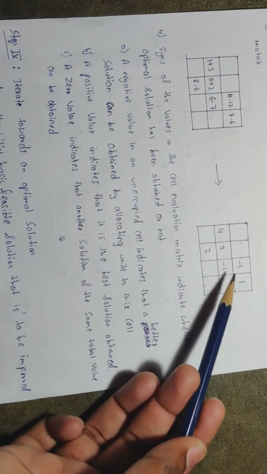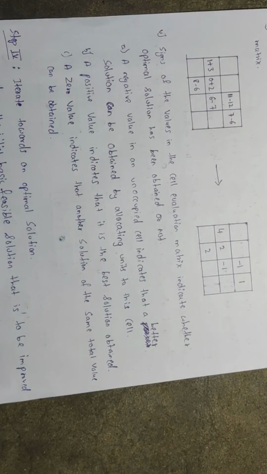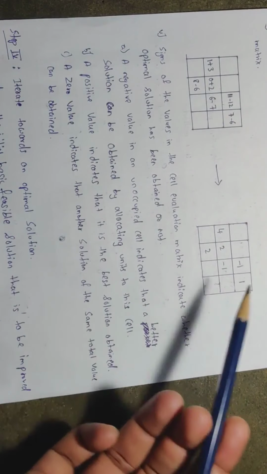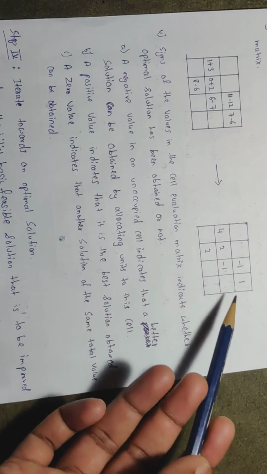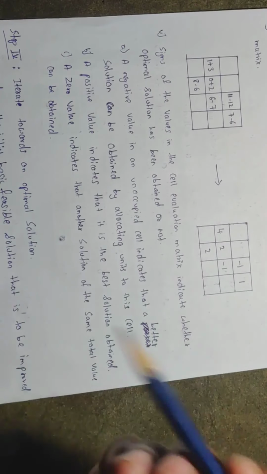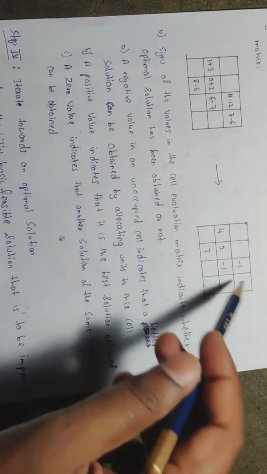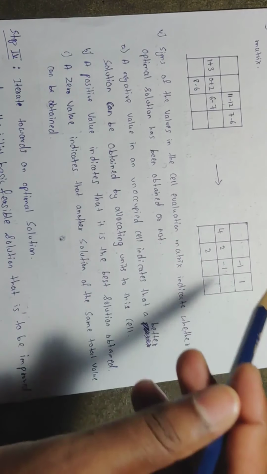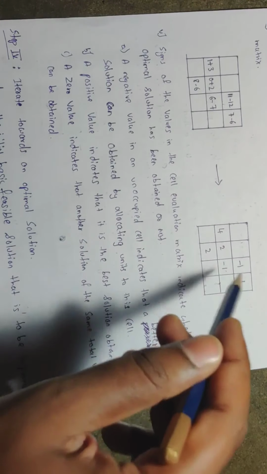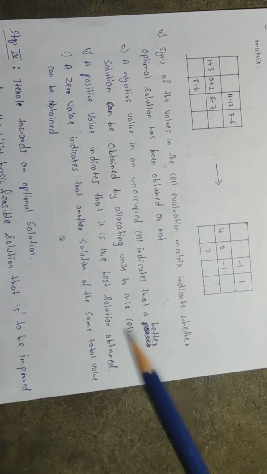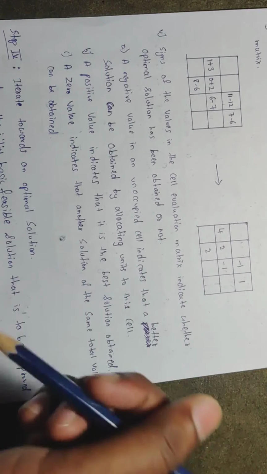And if any one cell is coming negative, then you have to see that this is not the best feasible solution. Then you have to iterate to the best feasible solution. So it means your problem will not be over here if anything comes negative. If all the values are coming positive, then your problem ends here. Okay, so next, what we must do if it is coming negative.